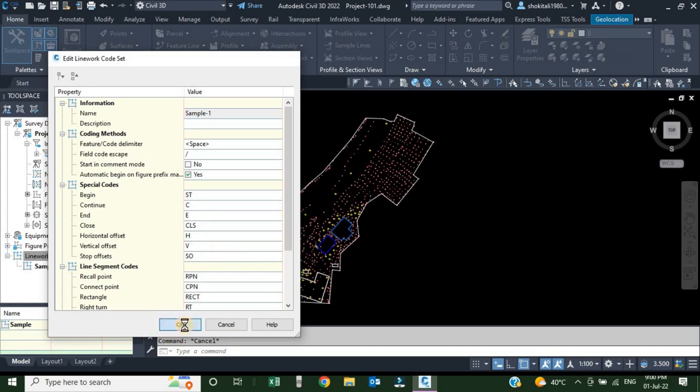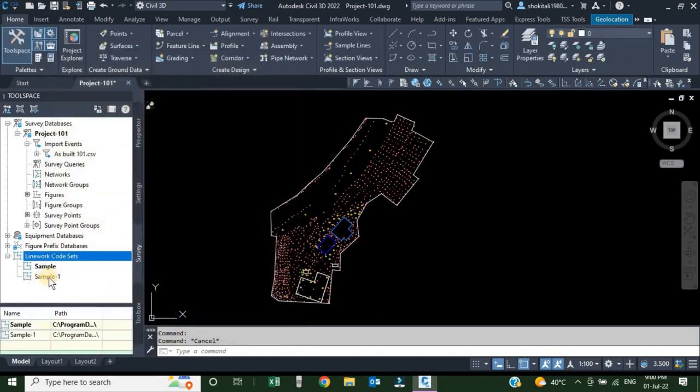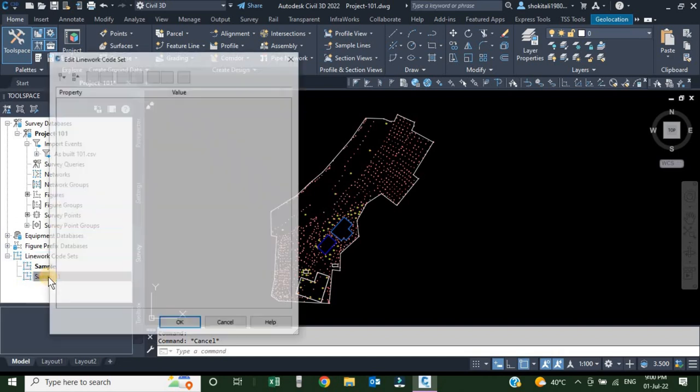You will hit just OK, and here there is a new line work code set. There are two code sets. You can see one of them is bold and highlighted in black, but the second one is not highlighted. This highlight shows that this is the current one which is in use. If you want to change the current code set, just double click,